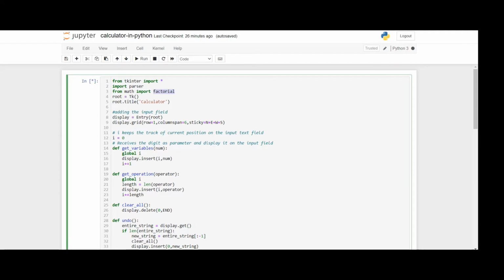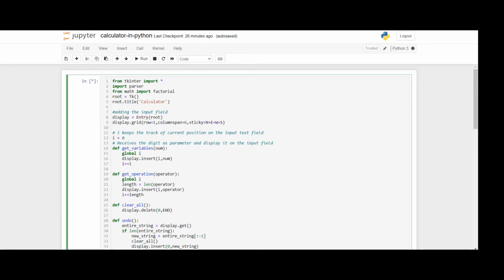In the next line we create an object of the tk class. Please understand it carefully: root is an object of the tk class by which we can access all the features of the tk class.